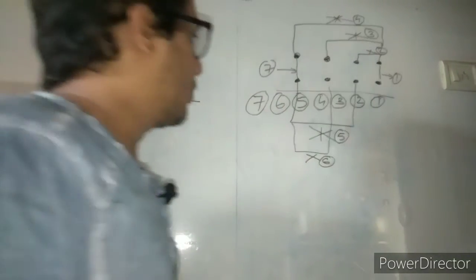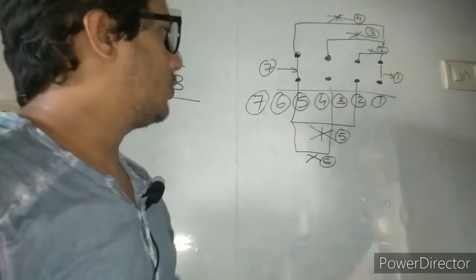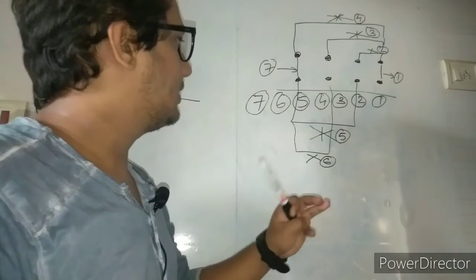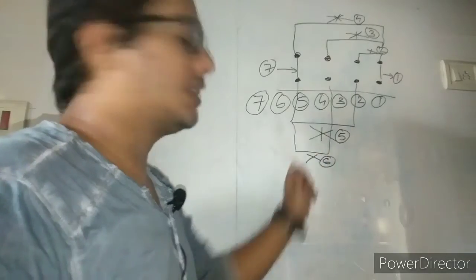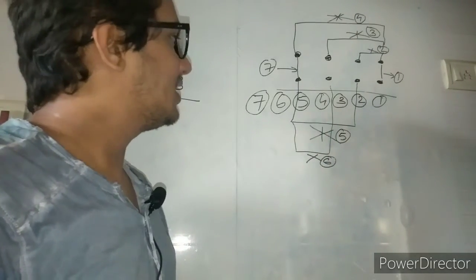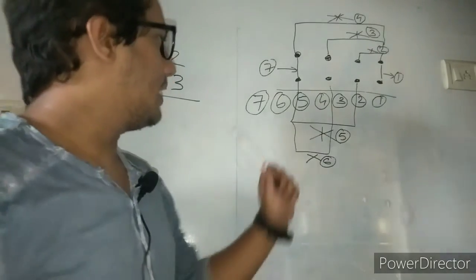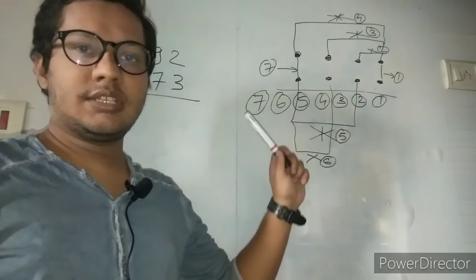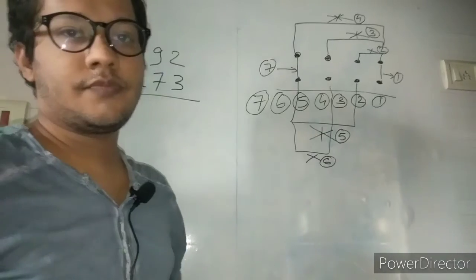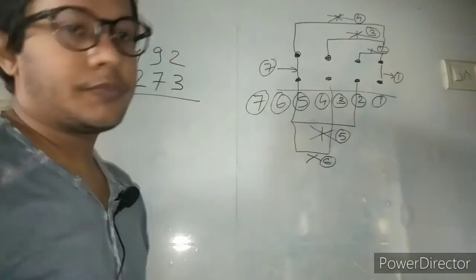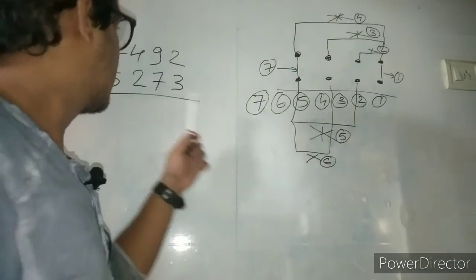And one more important point: you cannot write a 2-digit number for steps 1 to 6. You must write a 1-digit number here and carry forward 1 digit to the next step. You can write a 2-digit number for the 7th step. So as per this concept, we are starting here.